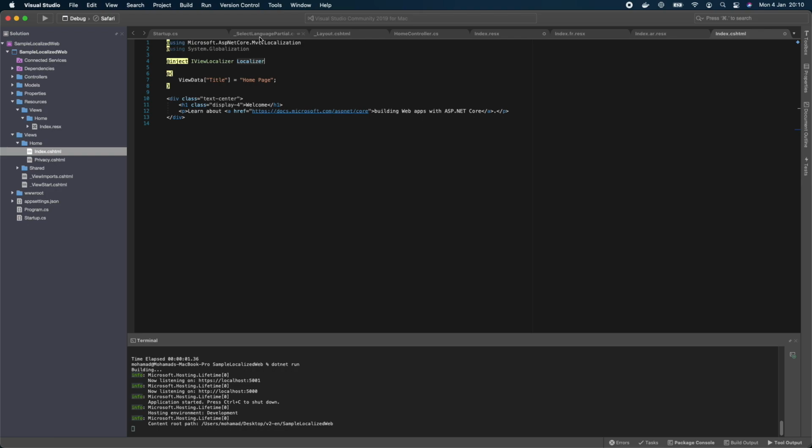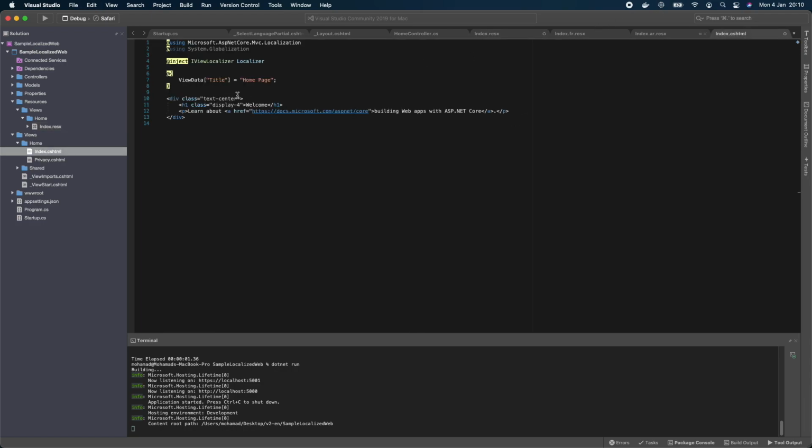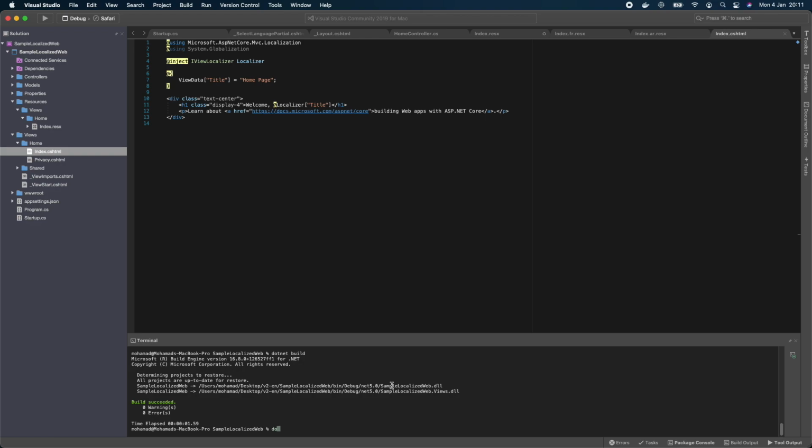And basically this is it. As you remember, inside the index.resx XML file, we gave it the name title. So if we take this name title and we go to the view, and for example, after welcome, we add this @Localizer, and we just give it the name of that XML variable that we have, and we click on save, and just let us build that solution again. .NET build